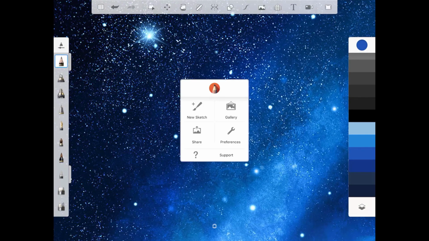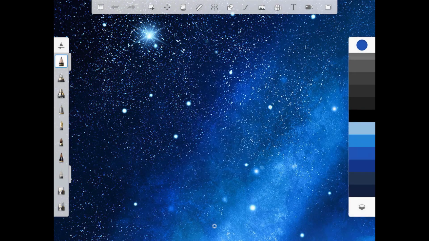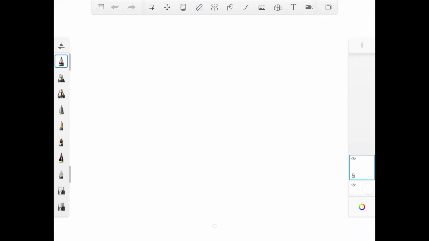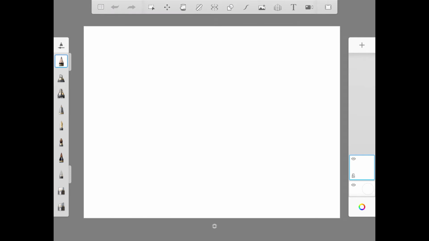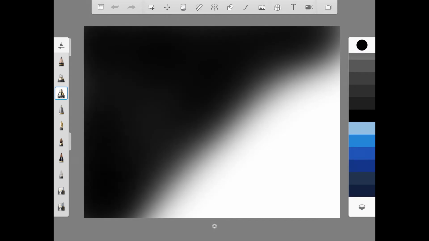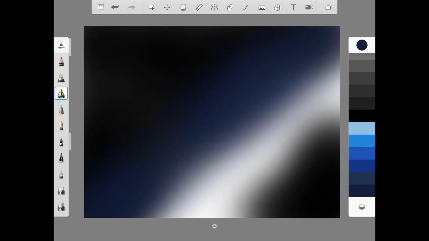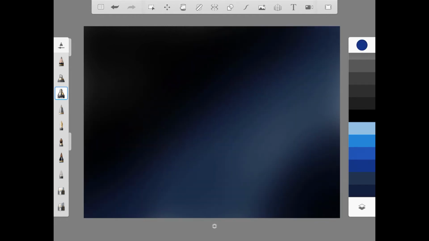Today I'm going to show you how to use Sketchbook Free Edition to draw a galaxy, Milky Way, or night sky. So first I'm going to choose this airbrush and black color, make the size maximum, just spray on the picture. I'm using different kinds of blues